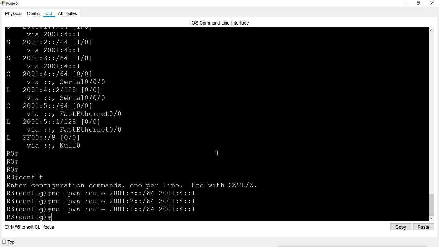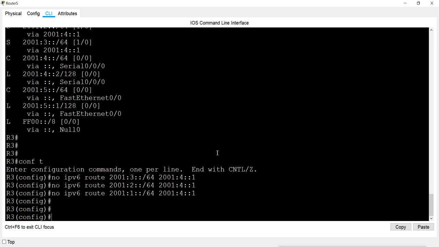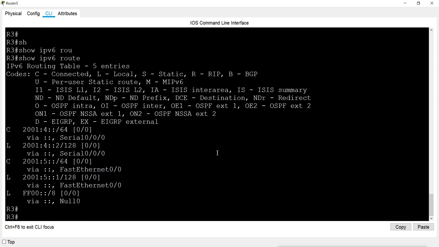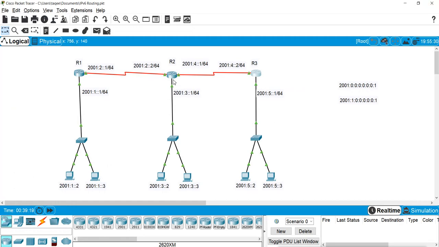And this one also. So now I have removed the static routing from router 3, and it shows only connected networks. Then I have to do it on router 2 also.